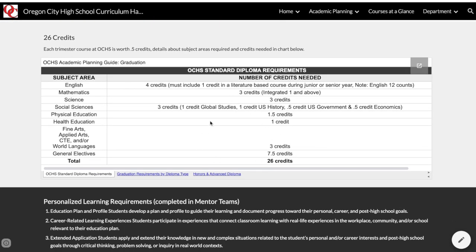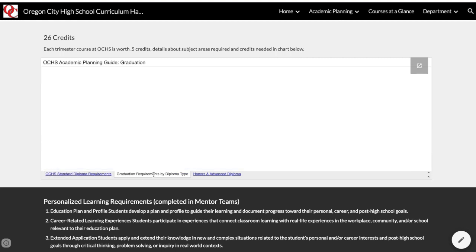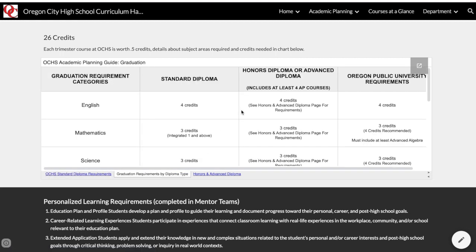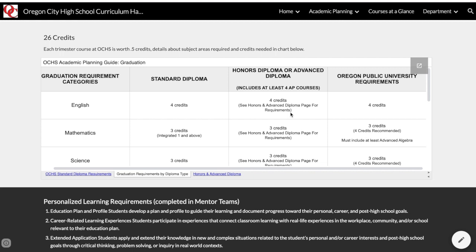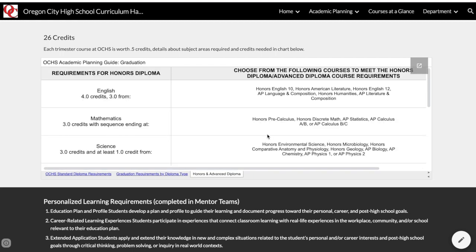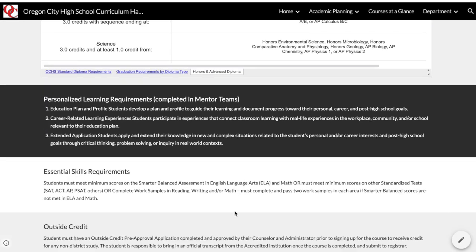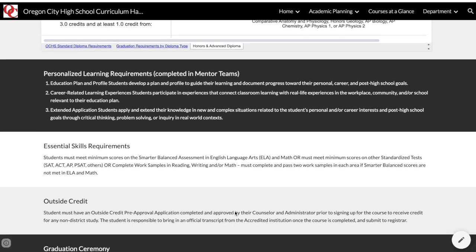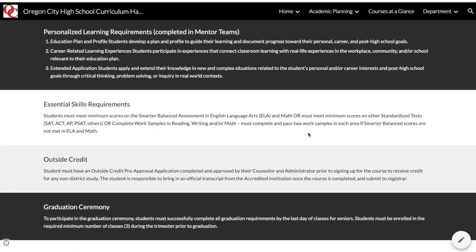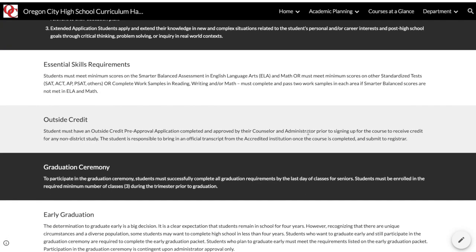Here you'll see our standard diploma requirements, a comparison of graduation requirements by diploma type, also compared with the Oregon Public University requirements, and also specific requirements for our honors and advanced diplomas. There are other requirements for graduation, such as personalized learning, essential skills, and there's also information about outside credit and